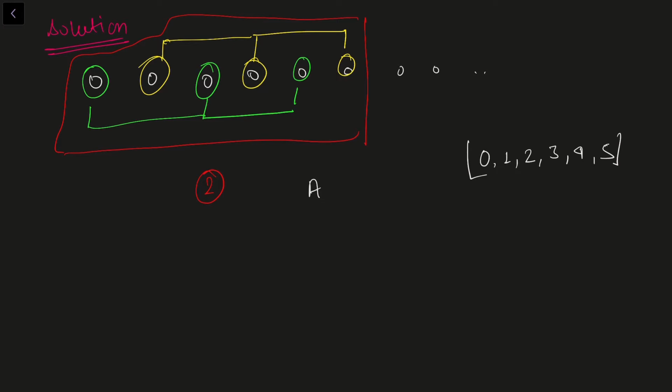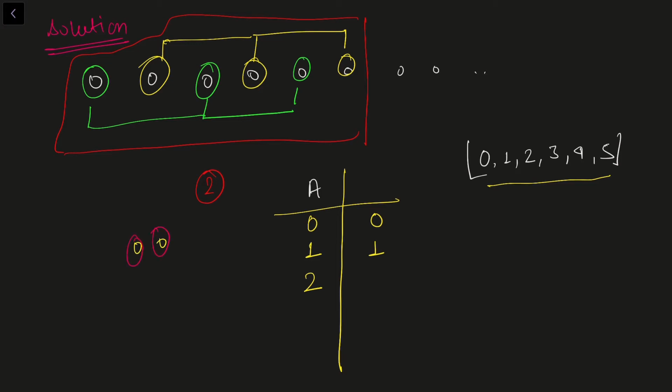Now let's try to solve these examples on pen and paper. We can solve the problem for these values quite easily. Let's say what will happen if our A is 0. If we don't have any bulb remaining, then we have 0 here. If we have one bulb, then obviously I need one operation. If I have 2 bulbs, I have already discussed this, then again I'll need 2 operations here. If I have 3 bulbs, let's say these are our 3 bulbs, then I'll again need 2 operations here. Why so?